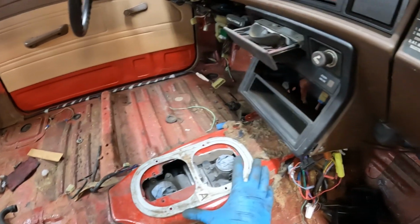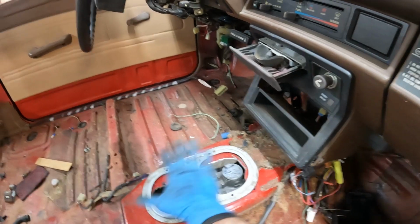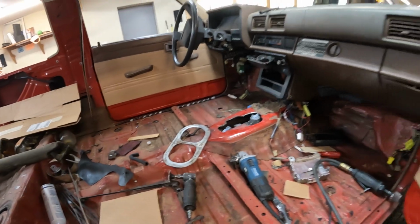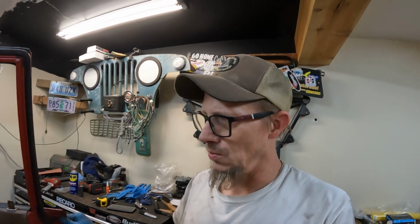This gate fits right, so these two sticks will fit no problem. Just one more thing done. Yeah, so tranny's in, holes cut. Now we can work on